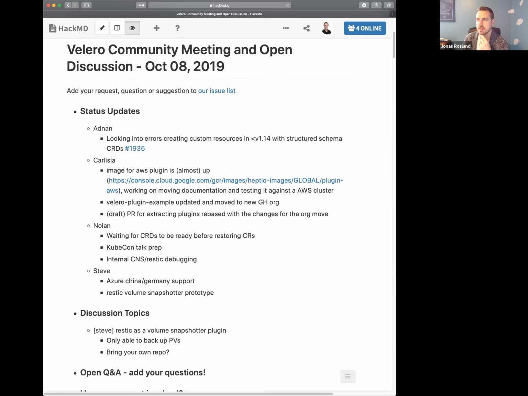Can you talk a little about the reason why we're moving over to Docker Hub instead of continuing GCR? GCR is kind of a pain to manage. It's good if you want a really basic registry. It also has to do with rebranding. The repo is Heptio images, and we want to change that anyway. The other thing is with this Docker Hub org, we can narrow the scope so we just have Velero images in there.